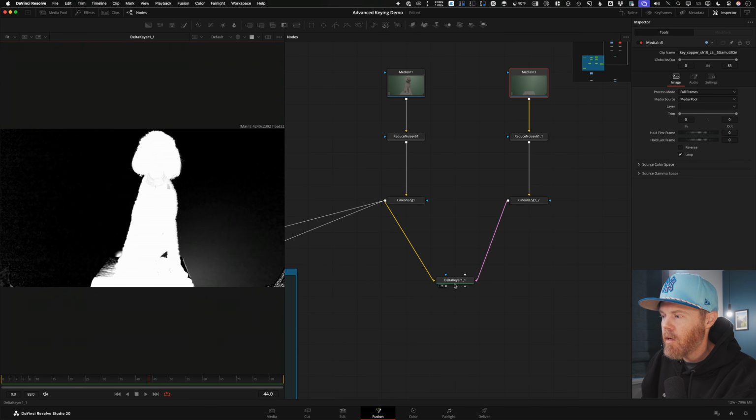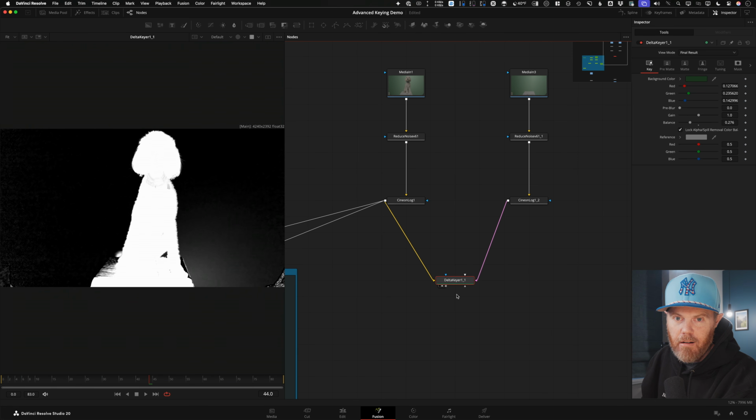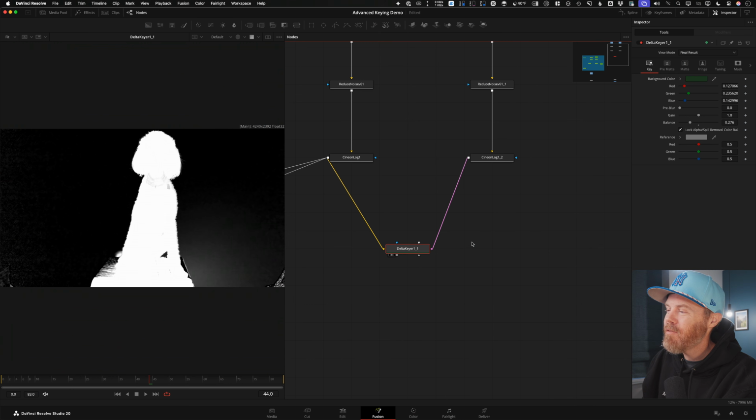So how do we do that? Well, you could just take a copy of the delta keyer and make it harder. But this is creative video tips where we go a little deeper, and I'll show you how some more nodes are going to give you more control. So the way we're going to do that instead, and probably more performance too,